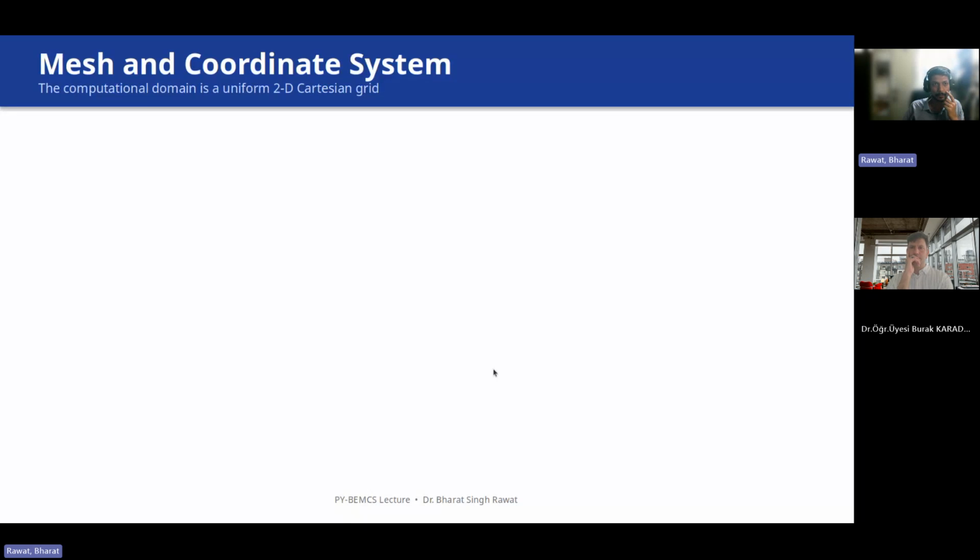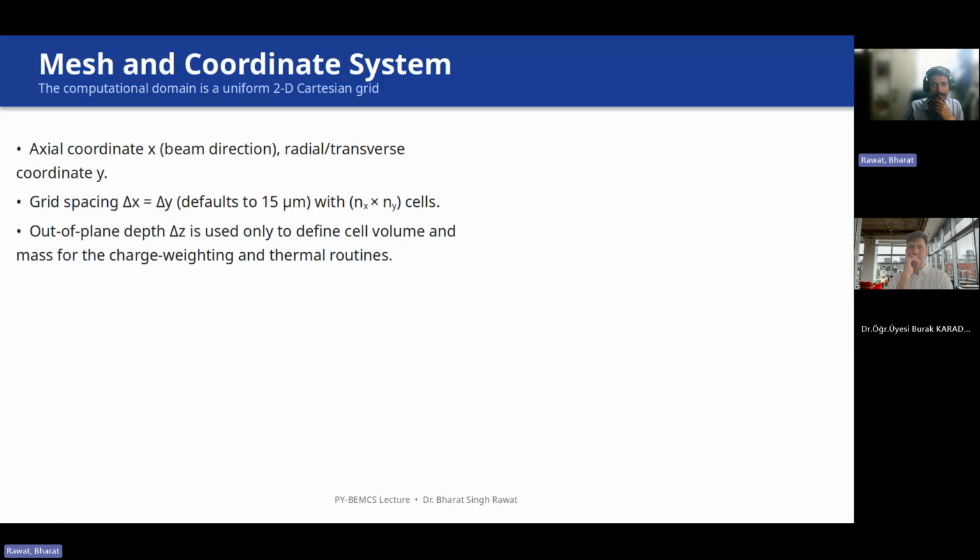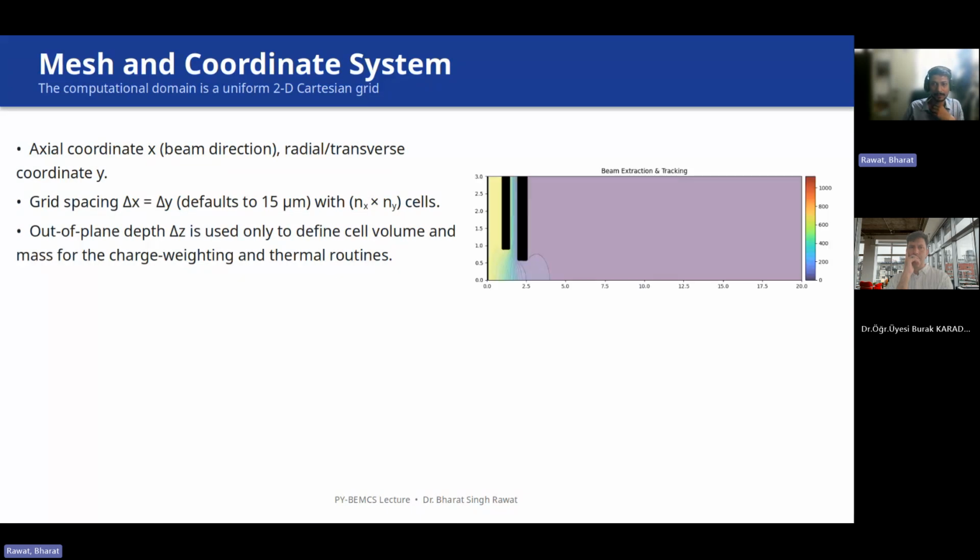So just to introduce how the code looks in general, there is a mesh, which is a 2D Cartesian grid with X and Y coordinates, and this is how the domain looks. The black parts that you see are the screen grid and the acceleration grid, and the colors that you see are the potential contours for a given grid configuration. So it is a 2D code, but there is also a delta Z component, which is only used if there is something related to volume. For all the related calculations, I have assumed delta Z to be 1 mm, but it can be changed in the main source code.